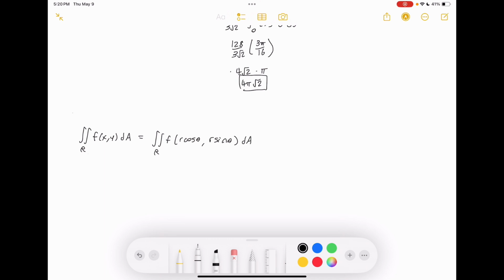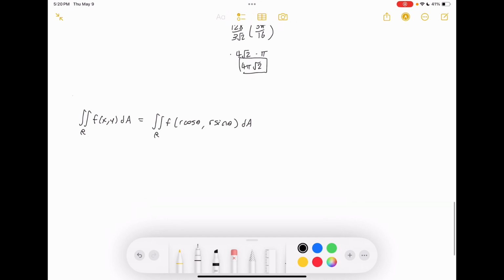But the way dA works in polar is slightly different. So whereas dA in rectangular is dx dy, dA in polar is a bit different. You have to add an extra r in there. And the reason that kind of works out is you have to factor, here I'll show you, I'm explaining it a bit badly. So when you take that, you can then say that f of r cosine theta, r sine theta dA is equal to the double integral